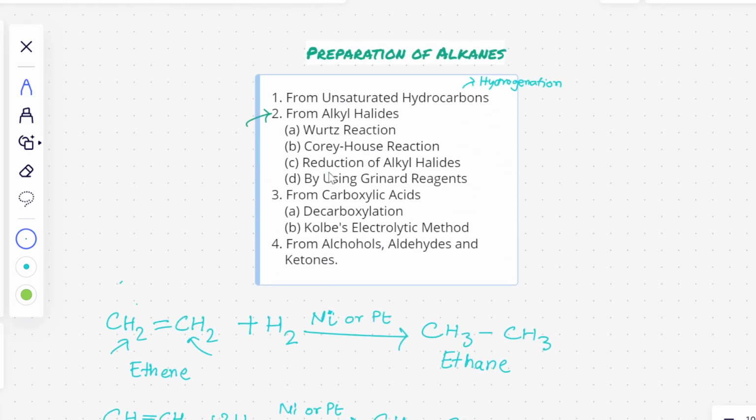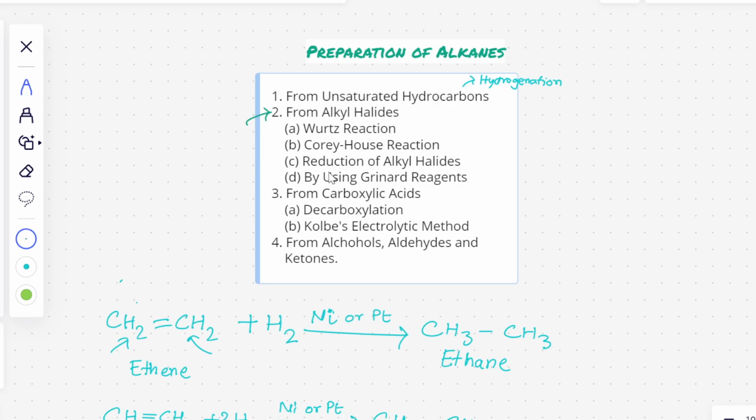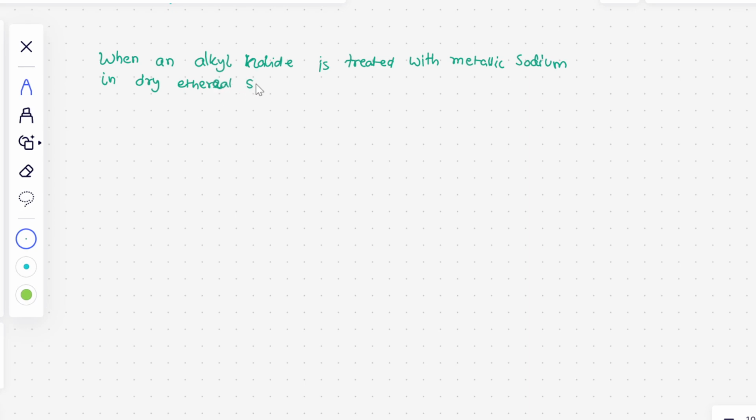This method has many subheadings, and we will start with Wurtz reaction, which states that when an alkyl halide is treated with metallic sodium in dry ethereal solution,